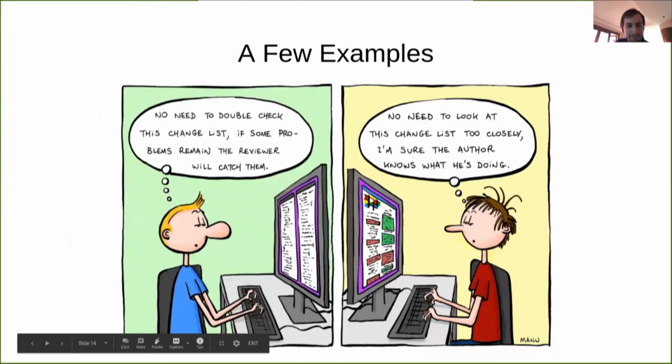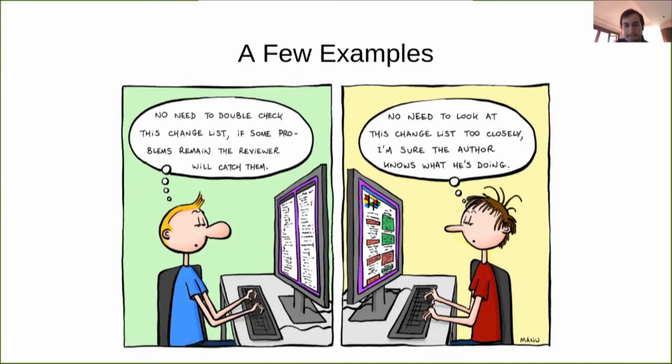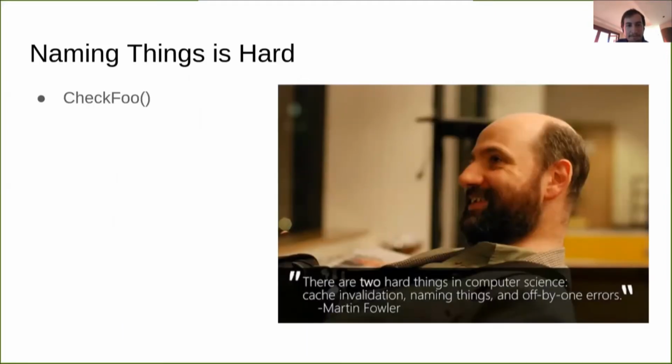Yeah, very good. Okay, I'm going to go through a few examples. These are all made-up examples to protect the innocent or the guilty, whatever. But I think they're realistic examples. Let's talk about naming things. Some of you already know my opinion on this particular example, check foo, because I've definitely commented on it in some pull request reviews. Is this a good name or a bad name, and why? It's a bad name because check could mean a lot of different topics. What things are you checking? Exactly.